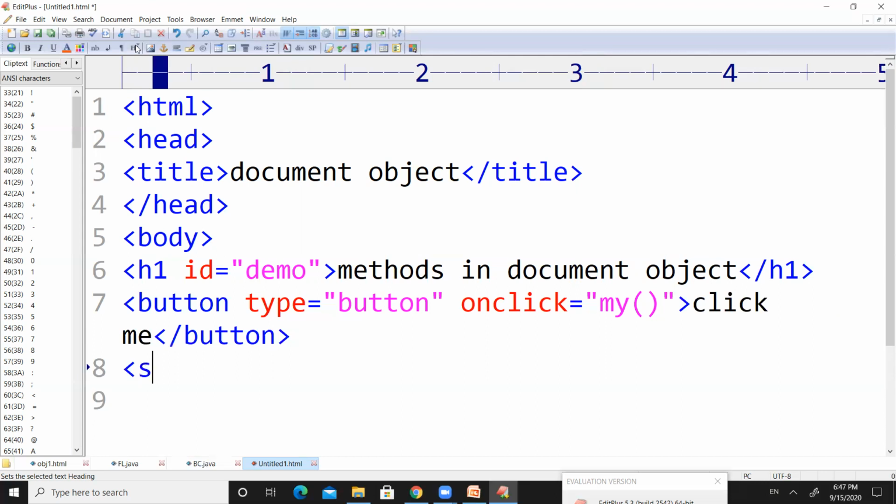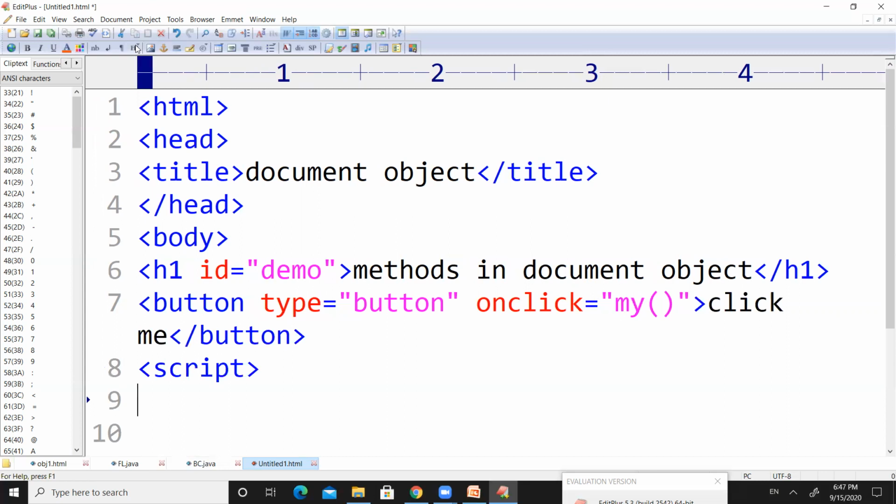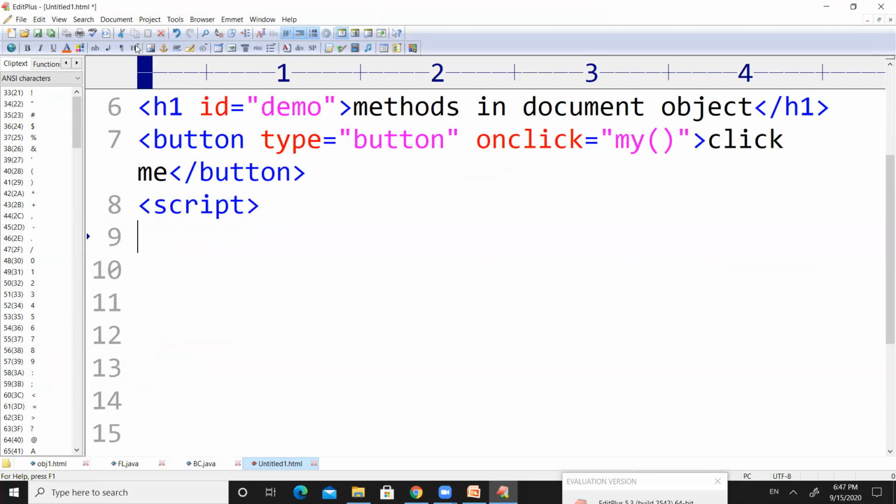So after closing the button tag, I'm using a script tag here, and inside the script tag, I want to define my function. In this function, we are going to select one element based upon ID.